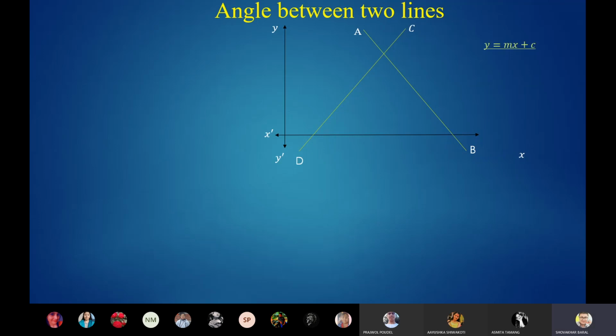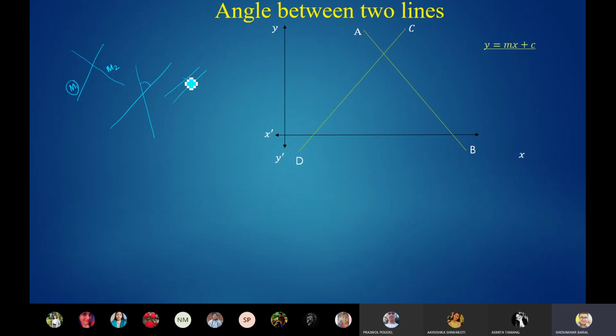I'll begin from the starting to make you understand this, so that your friends also may join this session till that time. So suppose there are any two straight lines, and we know the slope of these two lines. The slope of the first line is m1 and the slope of the second line is m2. If two straight lines intersect, then we can talk about the angle. If they do not intersect, then there is no concept of angle. Even if the angle is there, then the angle will be 0 degree.